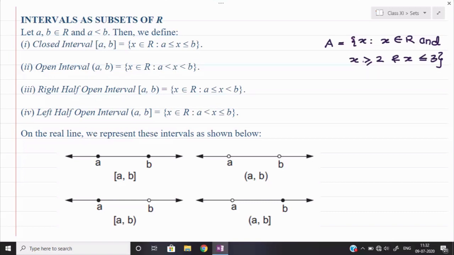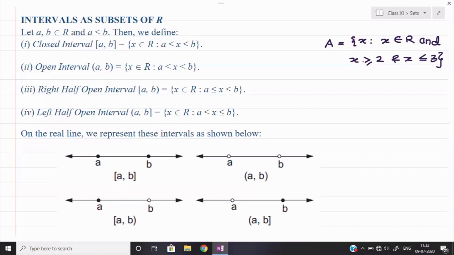Now see, this value we can write down in the form of an interval. Intervals can be of 3 types. One can be a closed interval, the second can be an open interval, and the third can have 2 more intervals, so we can say the third one is a semi-open or semi-closed interval. How can we define it? Those 2 intervals, as you can see on the screen, are the right half open interval and the left half open interval. I will explain all of them one by one.